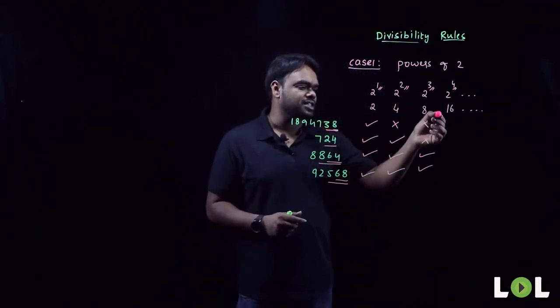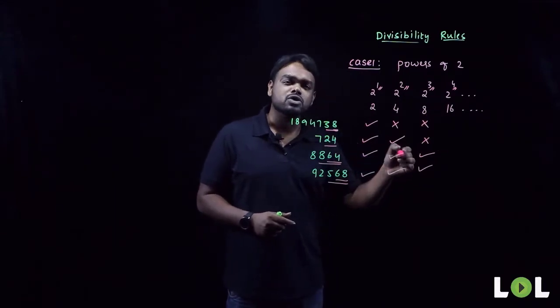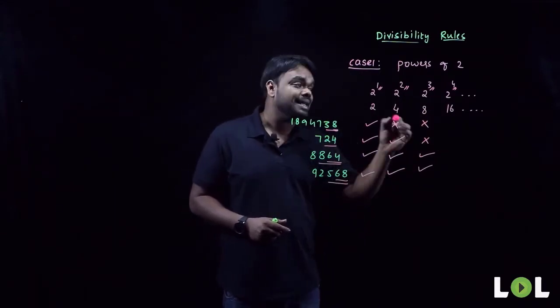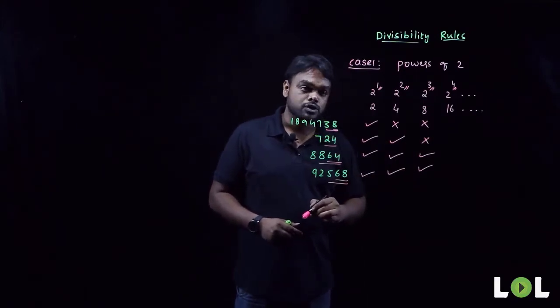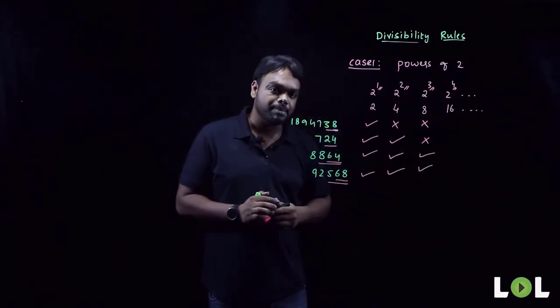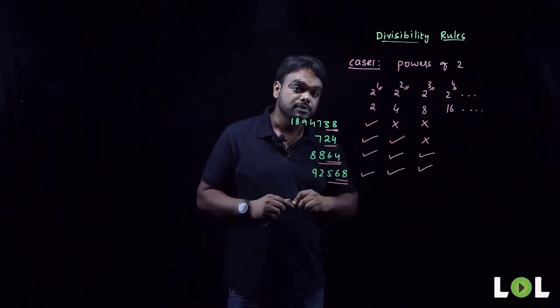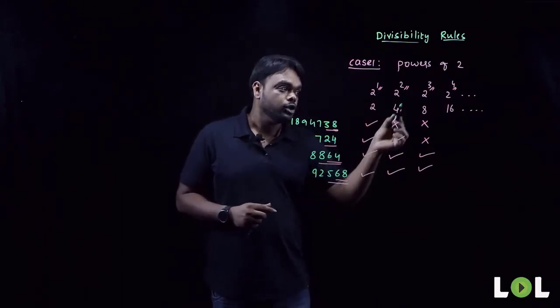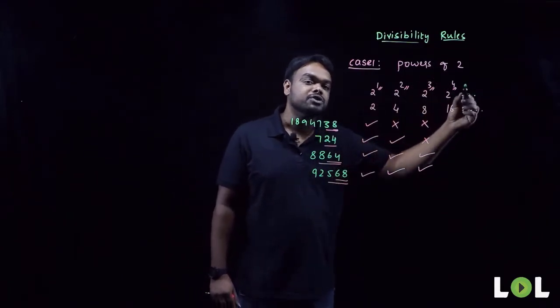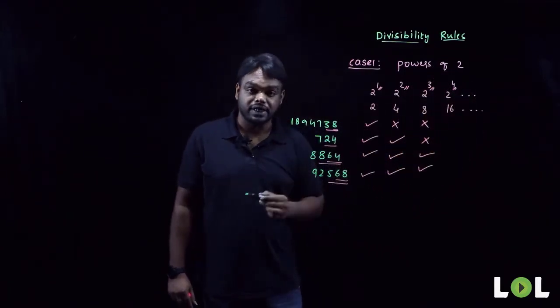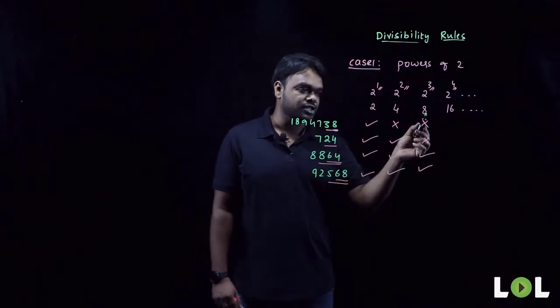Now you can do it with 16. But the problem here is most of the students still do not know the tables of 16. Still, I would like to continue with that because I know the tables. But I suggest you apply this, you must know the tables of 16. That is the reason why I didn't go for 32, 64 and all, because we do not know the tables of those. Now, for 16, what do we do?